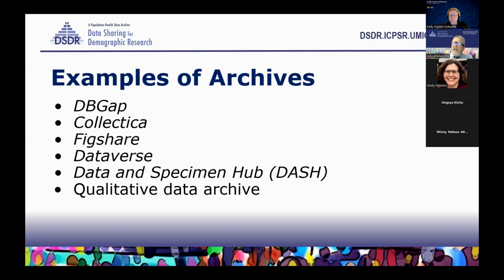So along that line, we have metadata. Just to give you some examples of specialized archives, we have dbGaP, which is the National Institute's biomarker repository. Collectica, which is run by a small entrepreneurial group here in the United States that focuses on DDI lifecycle, really focused on longitudinal data. Figshare, which is a place where people often put their data for sharing, but Figshare doesn't do anything about discoverability. It's a nice place to park your data.